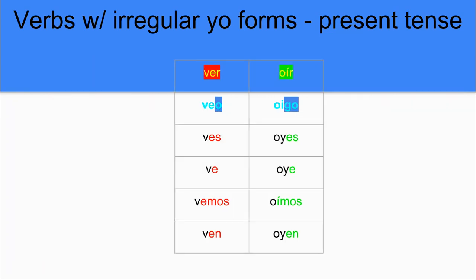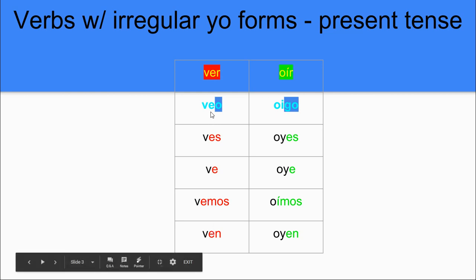Back to the other two verbs we mentioned previously, ver, to see, and oír, to hear. We can see that this irregularity is still happening only in the yo form. If we look particularly at the verb ver, all we're going to see happen is normally we get rid of the er to start our conjugations, and then we would have vo, ves, ve, vemos, ven. We just see that the additional e shows up here, which makes it irregular.